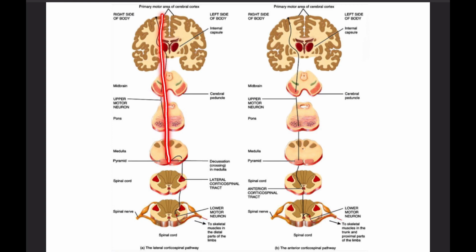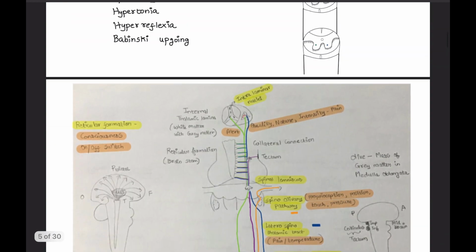So the lateral corticospinal pathway crosses in the medulla and then goes straight down the lateral side of the spinal cord. It does not cross again. The anterior corticospinal pathway goes on the same side. So please note that